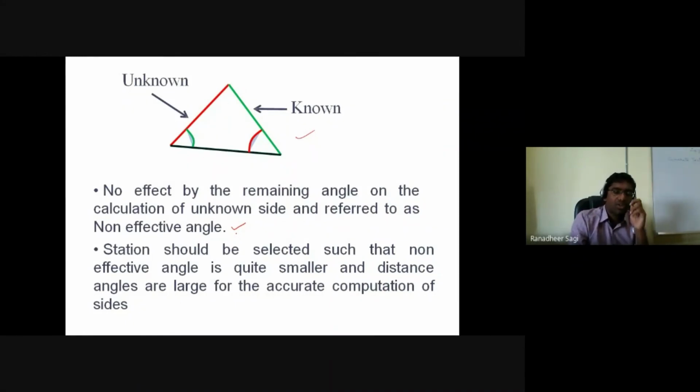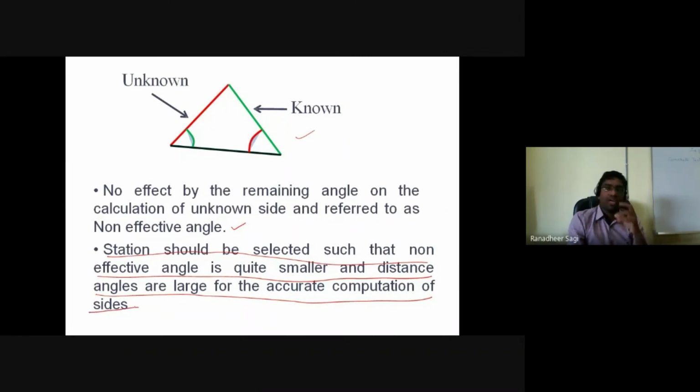Okay, so why are we talking all this? Understand now, station should be selected such that non-effective angle is quite smaller and the distance angles are large for the accurate computation of the sides. So what does it mean? So earlier when we were trying to talk about your triangle, simple triangle figure, or your braced quadrilateral figure, or maybe your centered polygon figure, whatever figure we said,